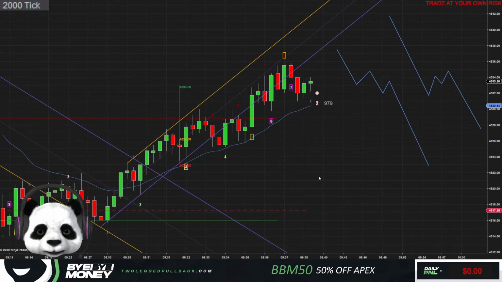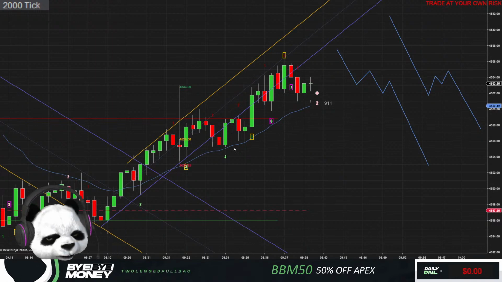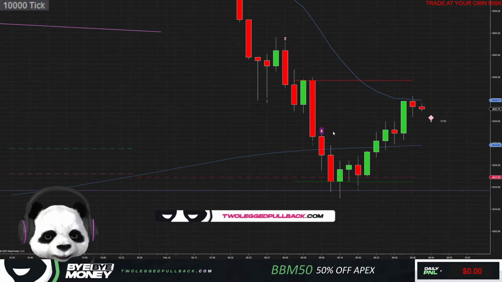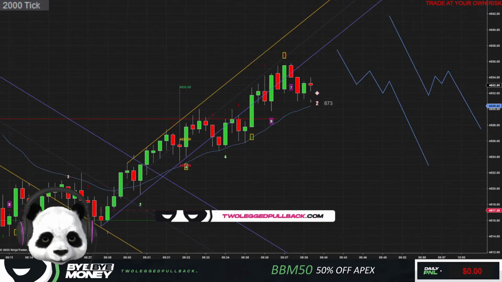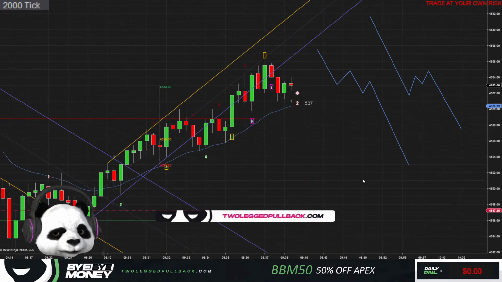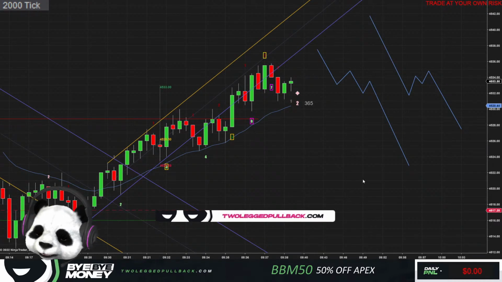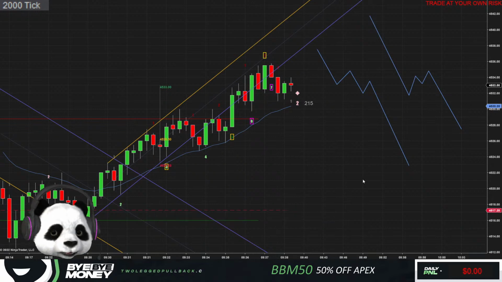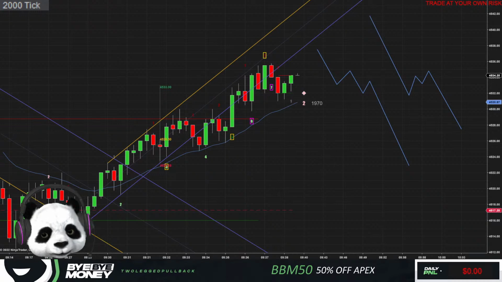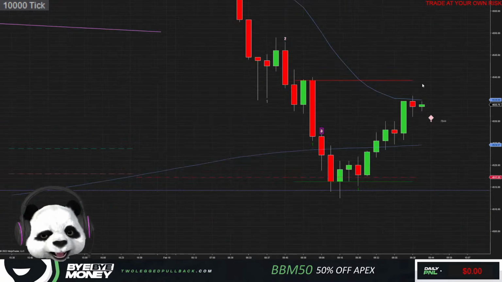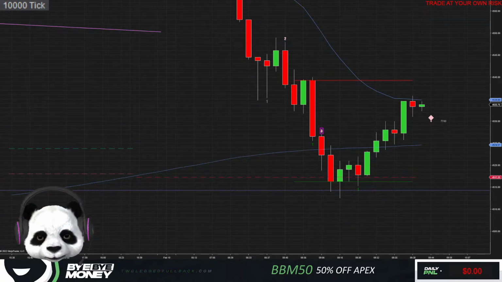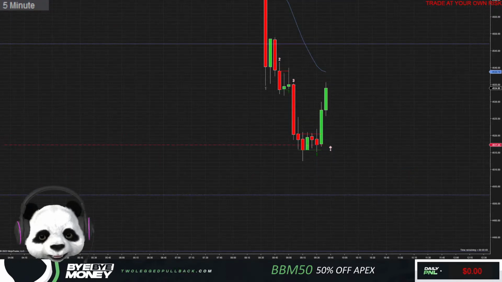And I think it's about time it's going to happen, mostly because the 10K is hitting the 20 MA. So I'm thinking, right, on the smaller time frames, we're going to start to reverse here. And notice on the 10K chart, this is a hidden second entry if it does break this low. It is a hidden second entry. Also on the 5 minute.